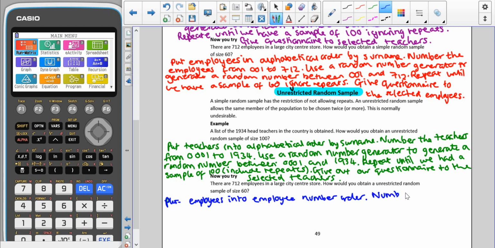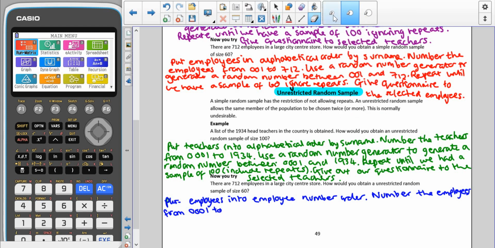The reason why I'm still saying to number the employees is because it's not guaranteed that the employee numbers would follow a normal numbering system. For instance, they could have letters in them. They could have other characters in them. Oops, sorry, I've put one too many zeros in there now. But they might not necessarily just be like employee number 1. They could be employee E197. Okay, so that means that we still want to put them into some sort of order so that then we can use a random number generator